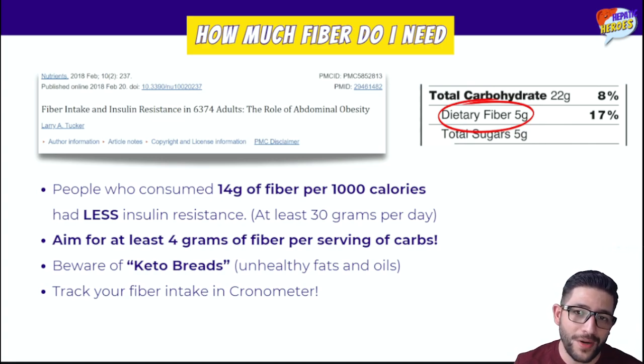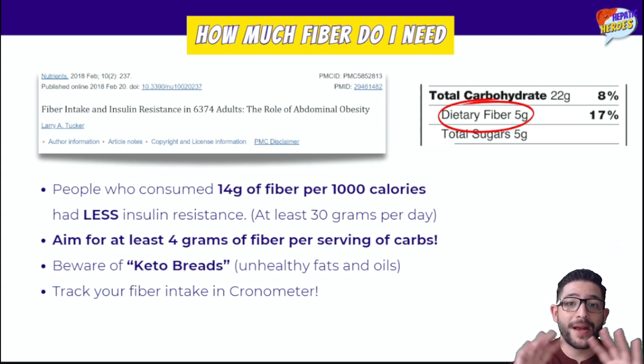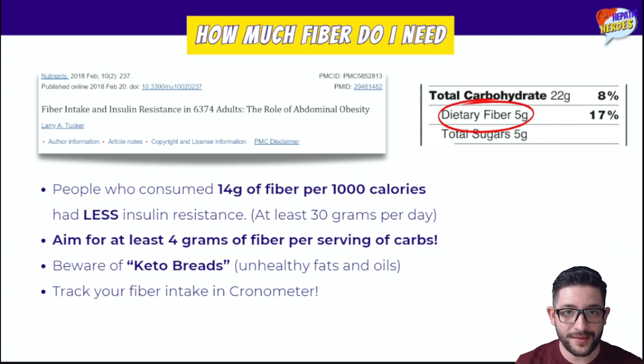Now, after a certain point, when your cells become bombarded by insulin constantly, they become desensitized to it. And when your cells become desensitized to insulin, aka insulin resistant, then that sets you up to develop and progress your fatty liver disease and all the muscle minions that drive the disease. Now, one of the biggest ways that you can prevent insulin resistance or even reverse it is by consuming more